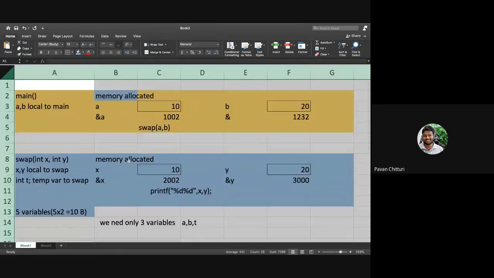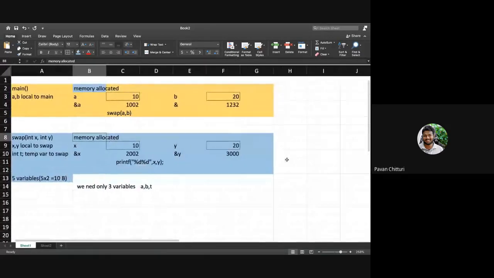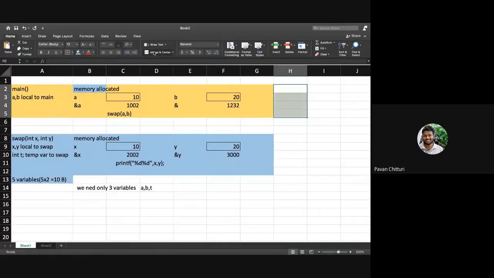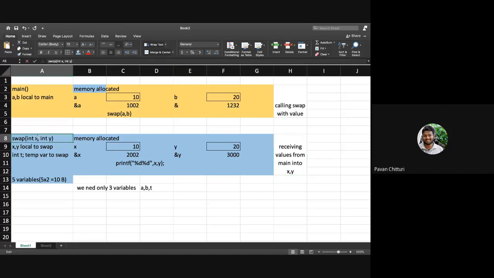If you see the call by value example, this is call by value, calling swap with values, receiving values from main into X comma Y. So that's what we have written, X comma Y here.